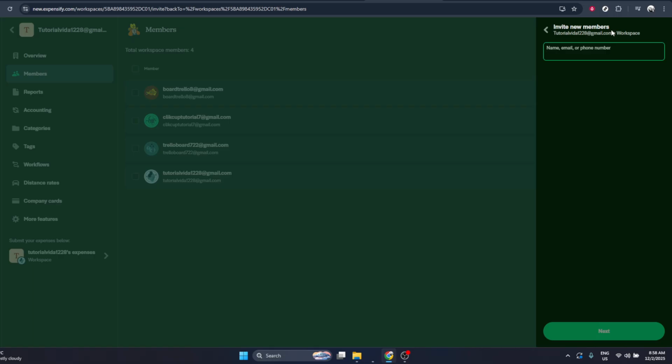Now, type in the details for the people you're inviting. Usually, this will be their email addresses, and in some cases, you might be able to add names or assign roles at the same time. Take a moment to double check each email address so that the invitations go to the right people and don't bounce. If there are options to set their role, such as employee, manager, or admin, choose the one that best matches what they